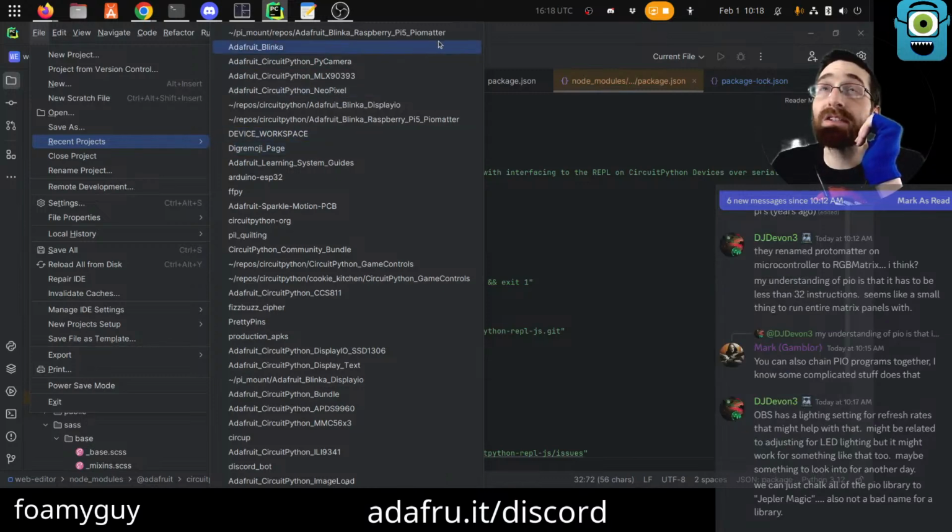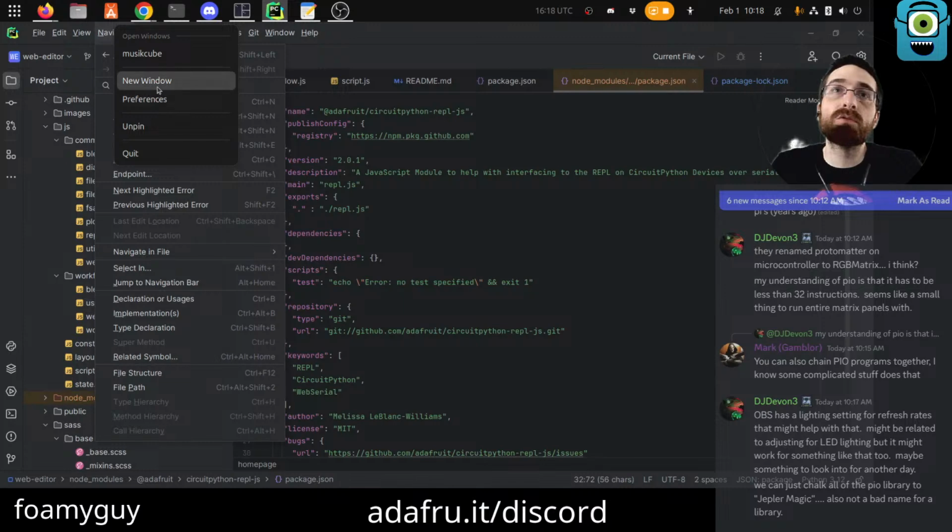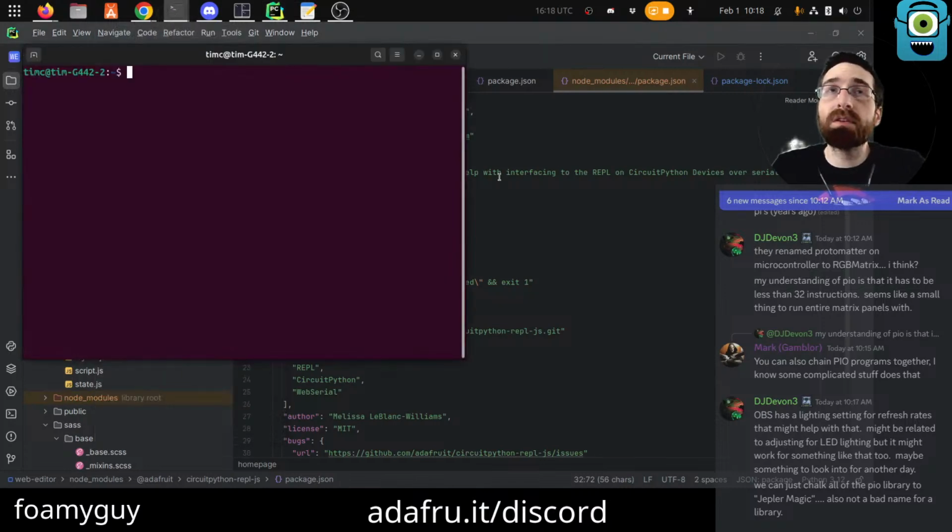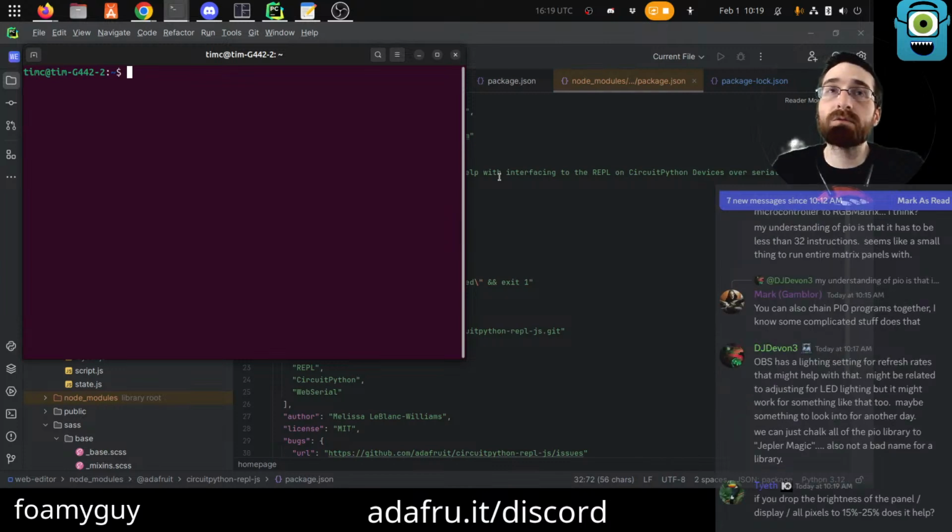My best guess is that this is due to not having enough power, because technically I'm running 2 screens off of 4 amps, and technically the screens want 4 amps per screen. But when I only had 2 screens hooked up, I did try doing it off 2 different power supplies, which should, in my understanding, be the correct amount for 2 screens. And I still had the same problem. So there might be something more to it, but it seems like when it plays at full brightness, you get these weird artifacts, which are bright lines. One of the things you can do to resolve it is just not have your video be full brightness.